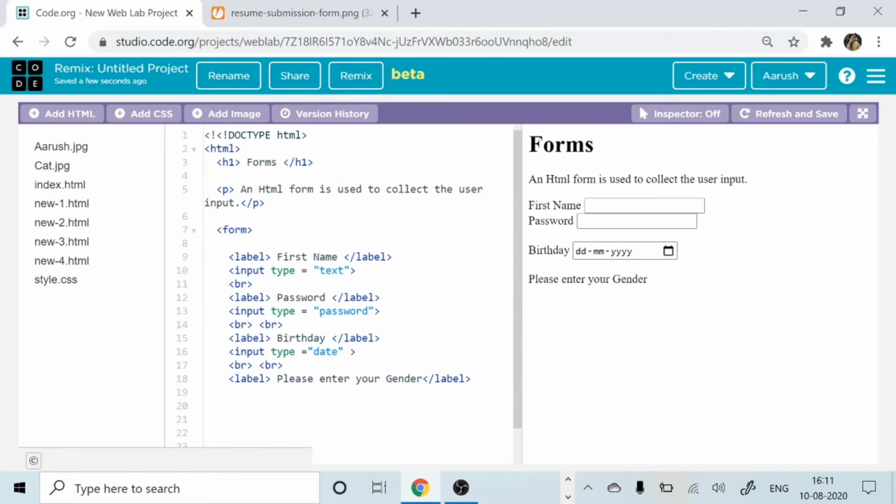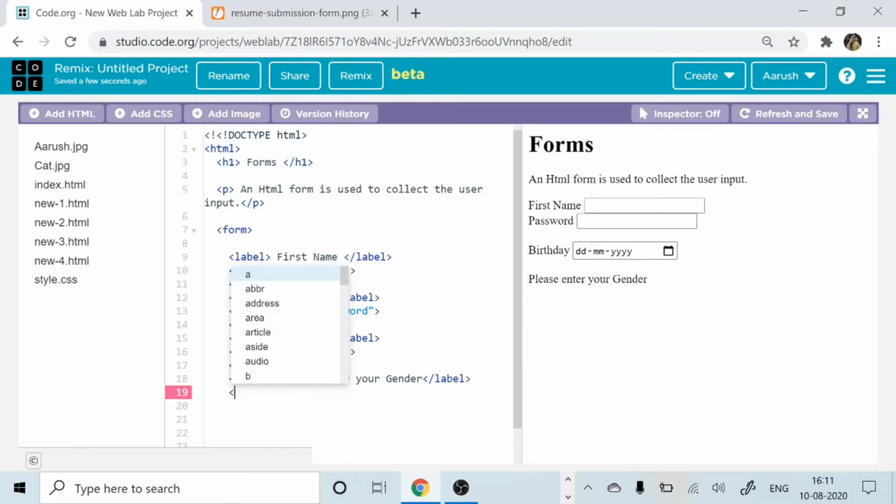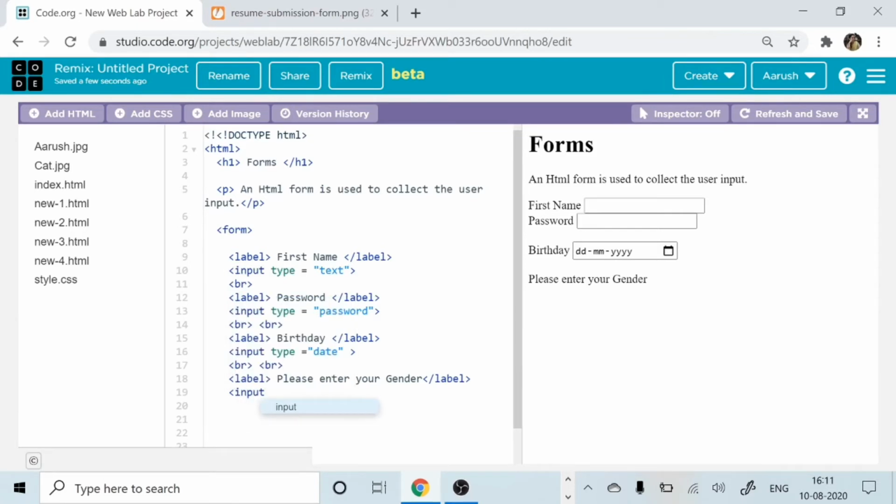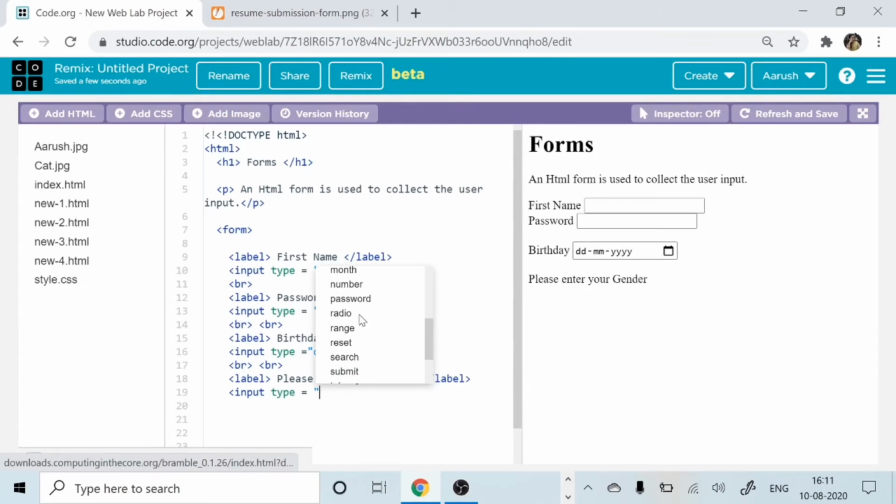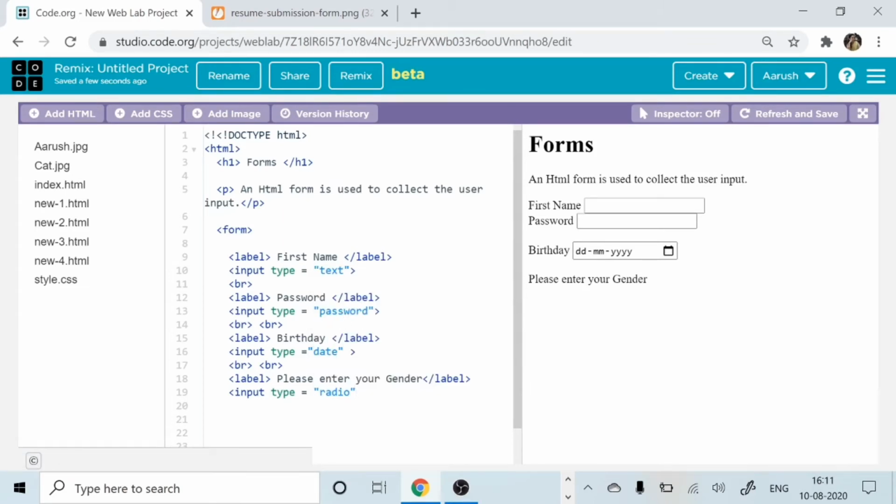Now here we want to give the buttons in the form of radio buttons. Radio buttons is like yes and no, true and false, like that. Okay, or yeah, I mean 2 3 options, it's in the circular form, right? So how are we going to do this? Very easy. See, first you will put input, then the same thing it goes type, then equal to, and then here you have all the options already over here. When you will do it, you will get the option. See, here it is radio, and then we will close it. Can you see the radio button?